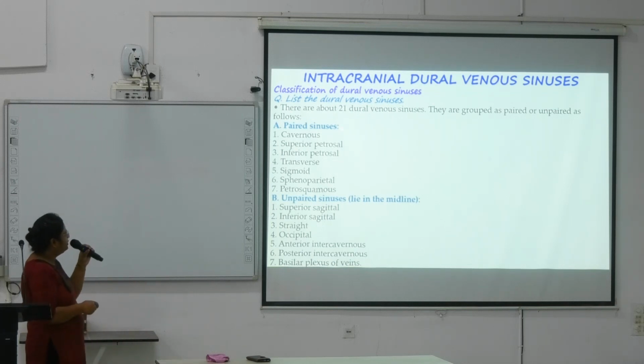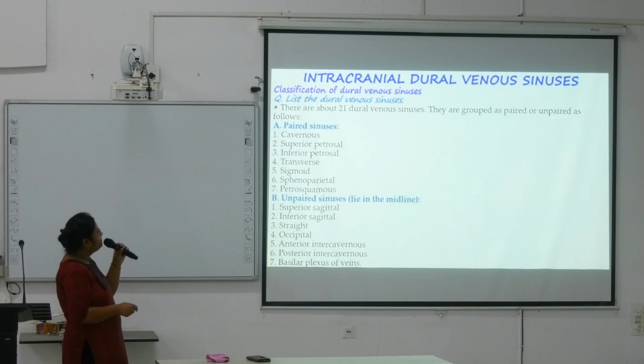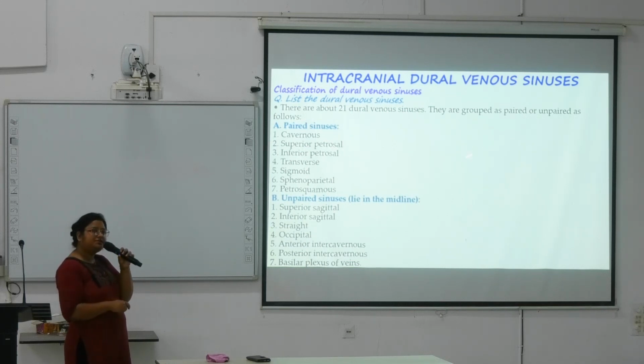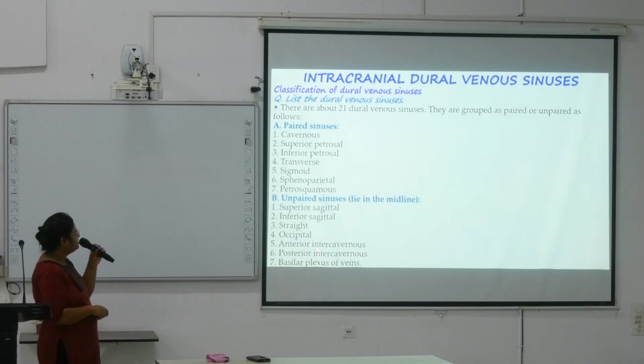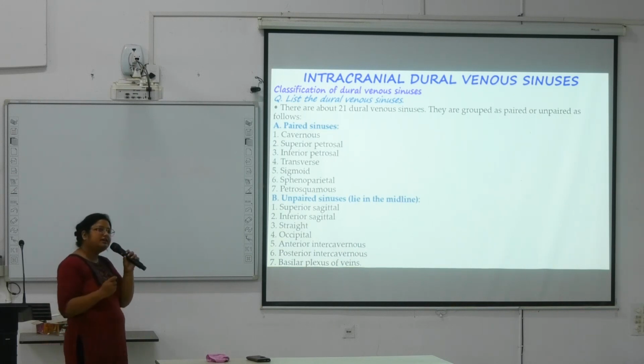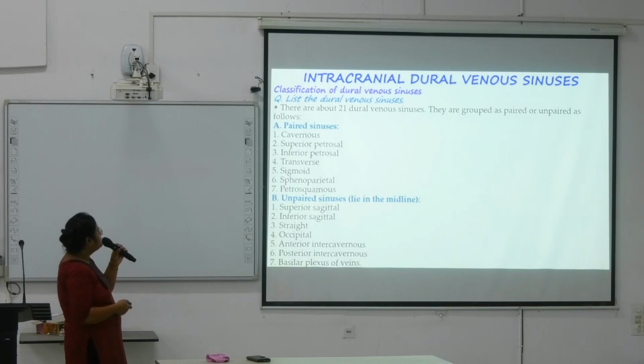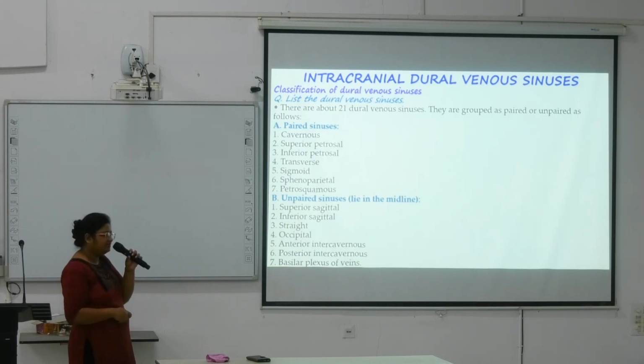So there are about 21 dural venous sinuses grouped as paired sinuses and unpaired sinuses. Paired sinuses are cavernous sinus, superior petrosal, inferior petrosal, transverse, sigmoid, sphenoparietal, and petrosquamous. These are the paired sinuses. Unpaired sinuses lie in the midline: superior sagittal, inferior sagittal, straight sinus, occipital sinus, anterior intercavernous, posterior intercavernous, and basilar plexus. Okay, we will now discuss the important sinuses in detail. So these are the paired and unpaired venous sinuses. Next,